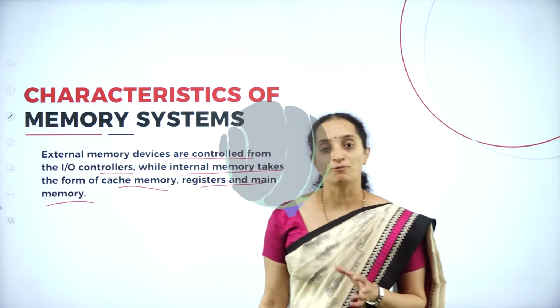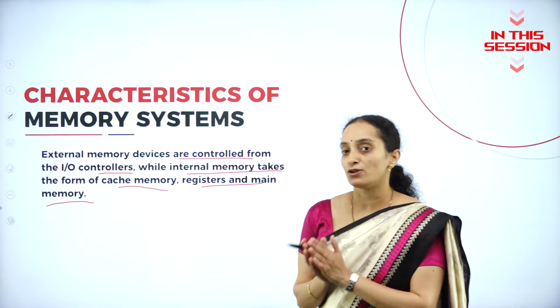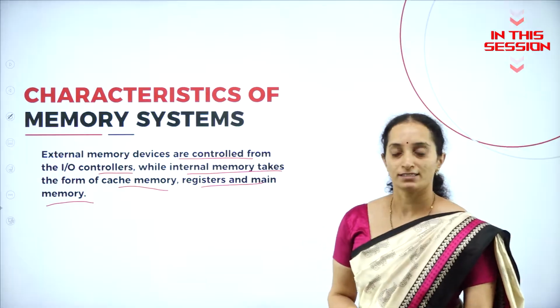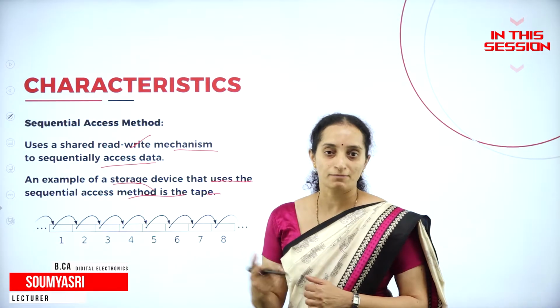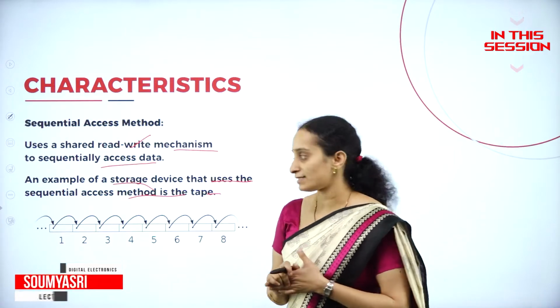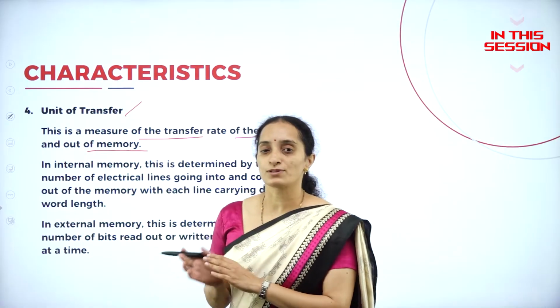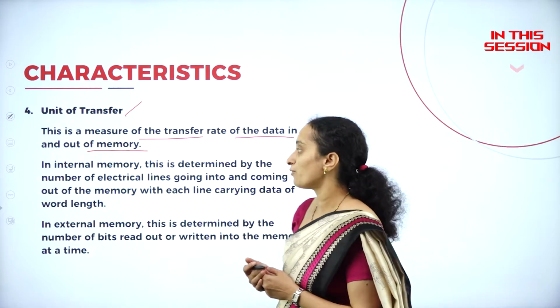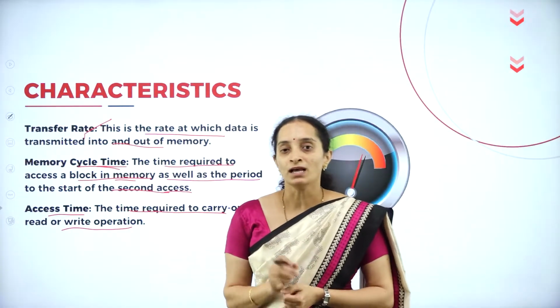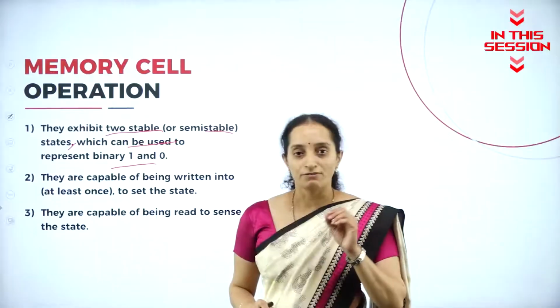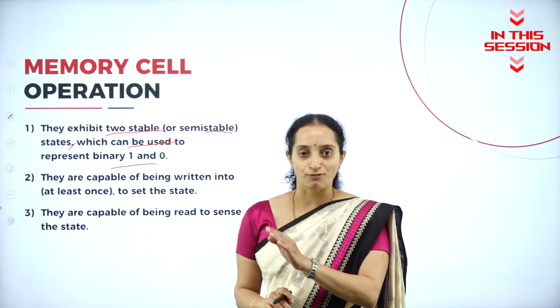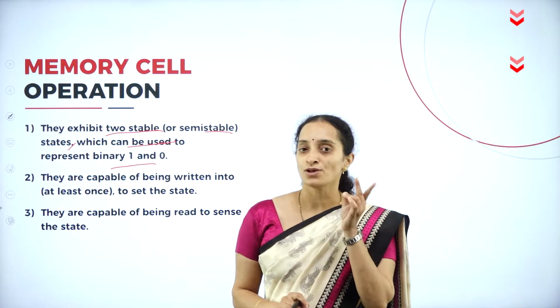We can know the type of memory device by knowing the location of that device. While accessing also, while reading also, there will be a sequential method that we use to access the data. Storing of the data to the memory and fetching the data out of the memory. So accessing will be either to read the data or to write the data. How we can store the data is only in terms of bits, and bits have two values, 1 and 0.